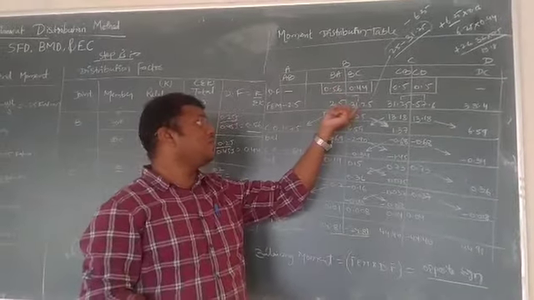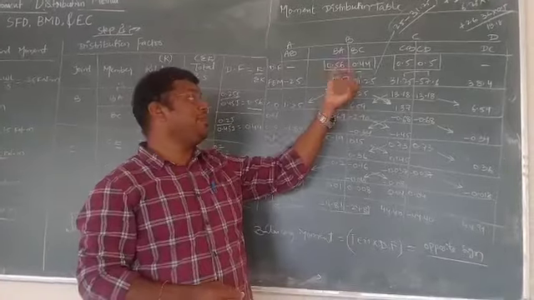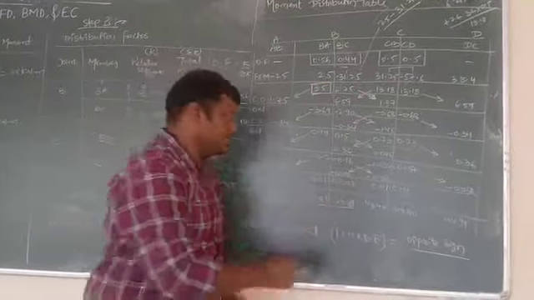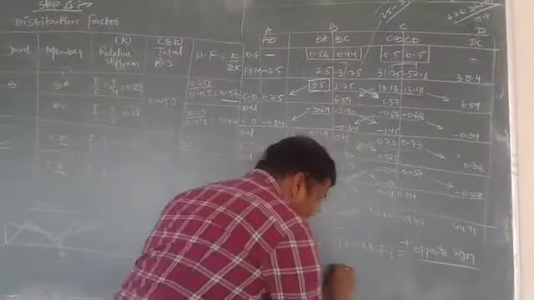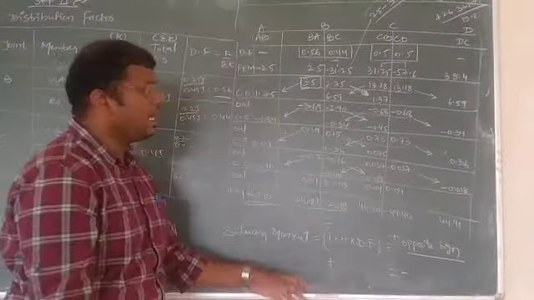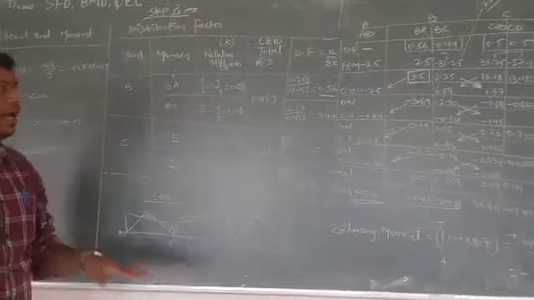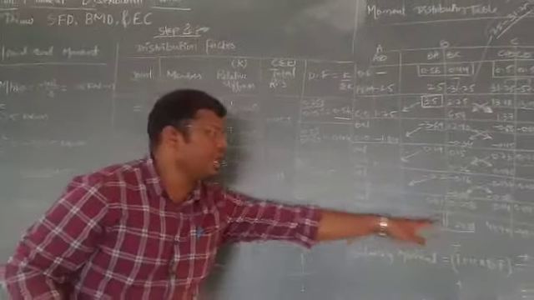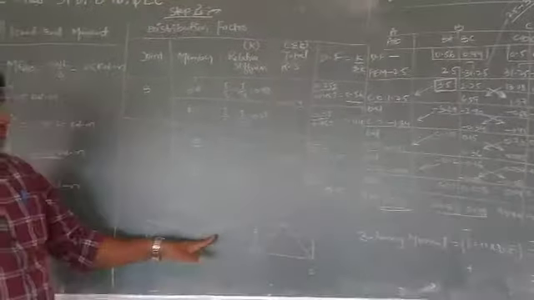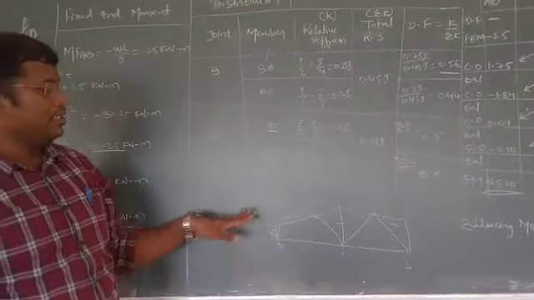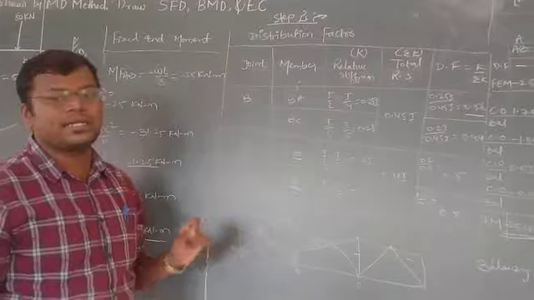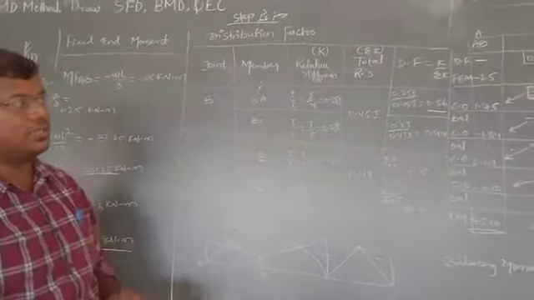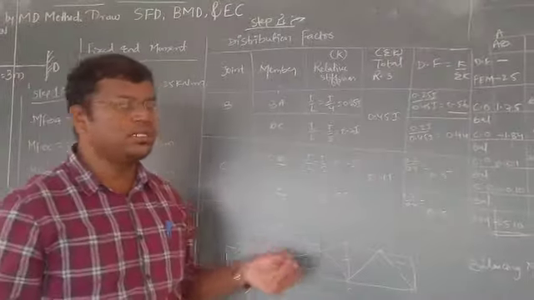Because when I add this, you will get minus 6.25. The balancing moment becomes plus. So if this is minus, the answer will be plus. If it is plus, the answer will be negative. This is how we have to calculate. And ultimately, from the fixed end moments, we will get the bending moment diagram. Okay. Unless and until you practice, you will not get the solution. We need to practice more and more problems, then we will get the answer.